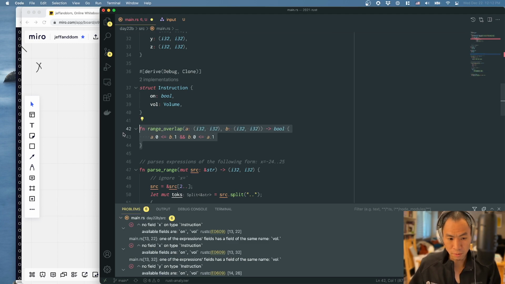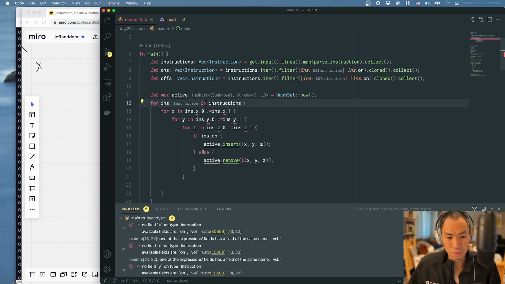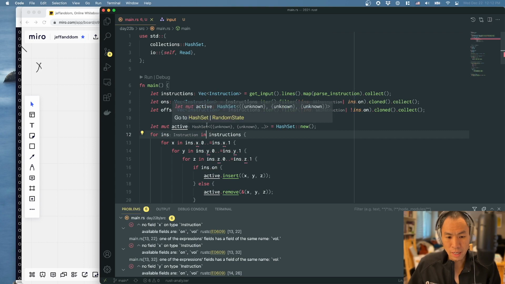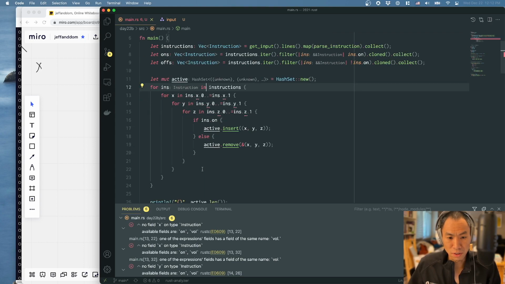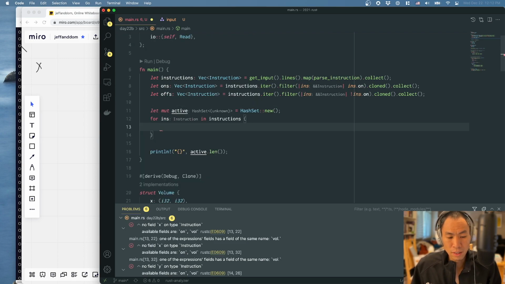We're probably going to want to do overlaps here. Okay, so now we have volumes. None of this code's going to work anymore, but it's okay because essentially our hash set is going to be hash sets of volumes that we need to turn on, right? And so our general algorithm will be something like